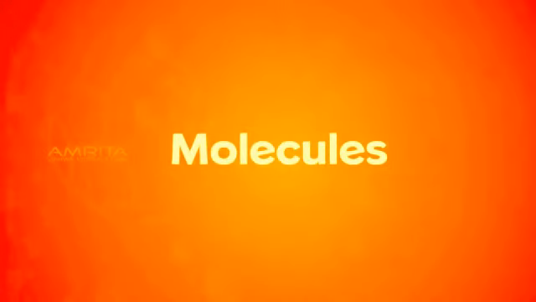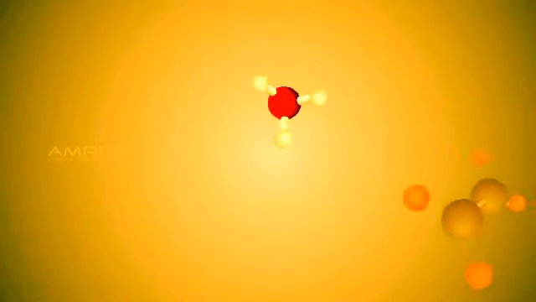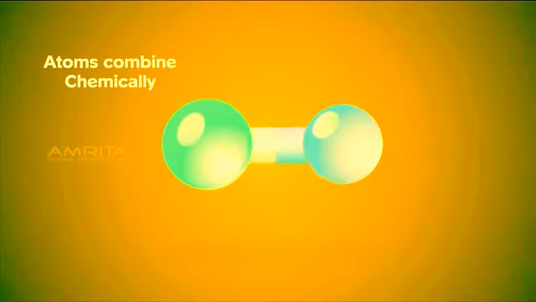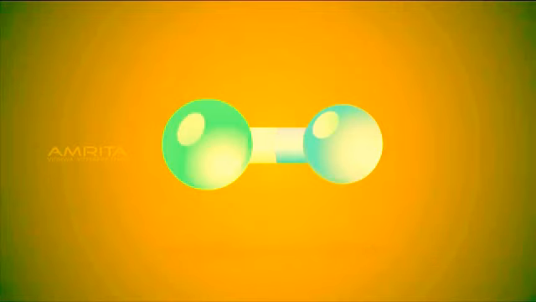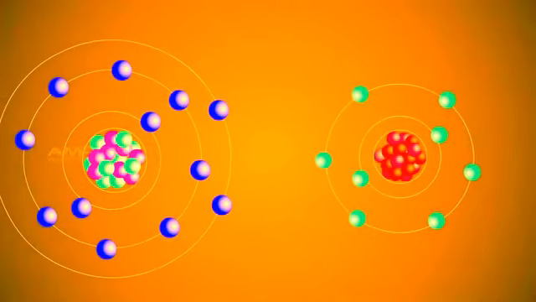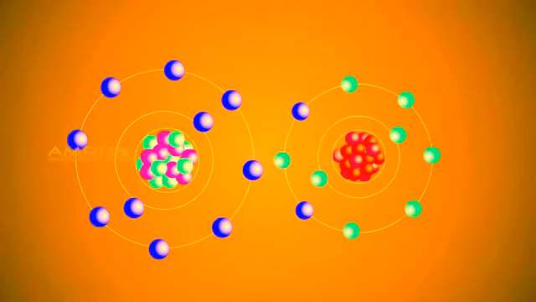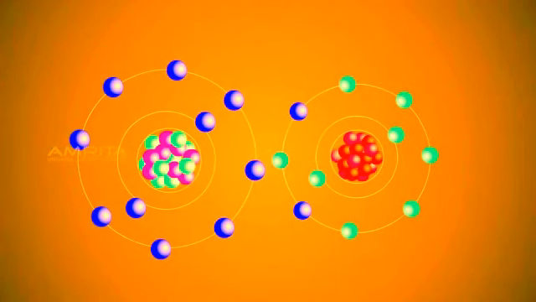A molecule is in general a group of two or more atoms that is chemically bonded together. Atoms combine chemically by external forces such as heat and light. This leads to the formation of molecules. During the formation of a molecule, atoms lose their valence electrons or gain electrons from other atoms. For instance, if two pieces of wax are to be joined, they are heated. After heating, the two pieces are pressed together to form a single structure. Here, heat is the chemical factor which is responsible for joining the molecules of wax pieces.